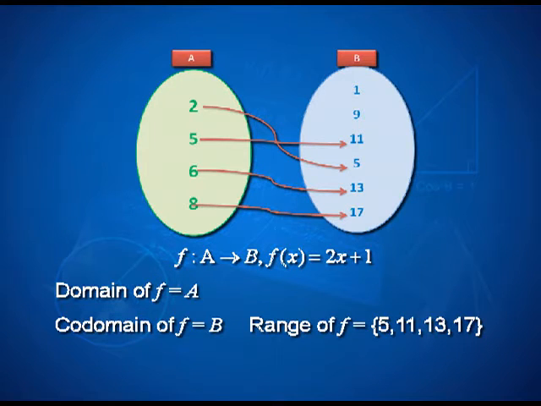So, it is a collection which is nothing but the set A, whereas the codomain of f is the entire set B, including the 1 and 9 which are not connected with any elements of set A, and the range of f is only the outputs, the collection of all the outputs, which means 5, 11, 13 and 17. So, range and codomain may not be equal. We saw that earlier as well when we talked about codomain and range of a relation. And do not forget that f is always a relation. So, whatever we had learned earlier stays true even now with an extra condition added in.